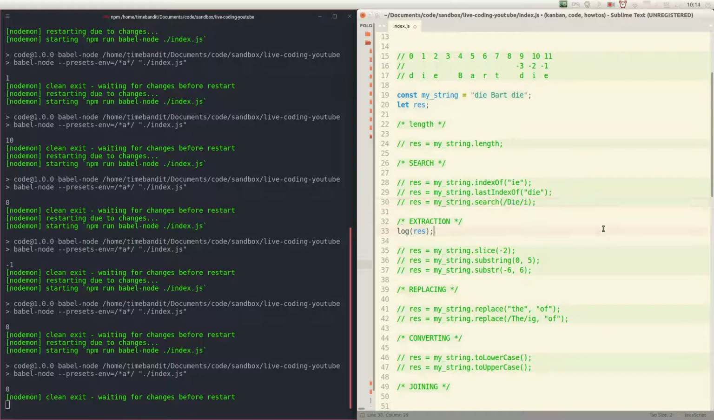Okay, let's move on to extraction. So how would you extract a string from another string? So all of these methods, of course, return a new string. They do not modify the string in place. So to begin with, the slice method